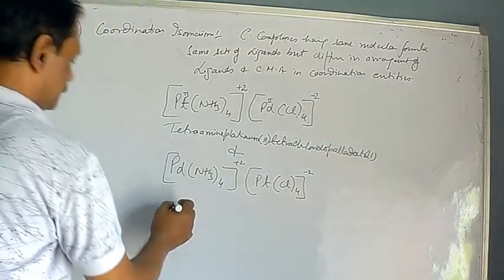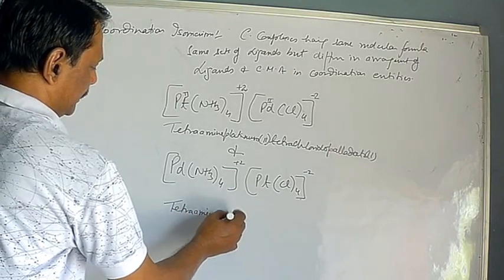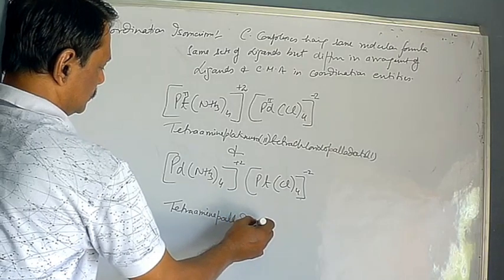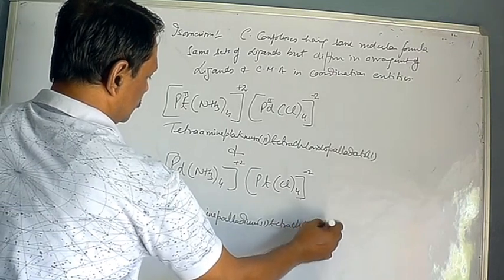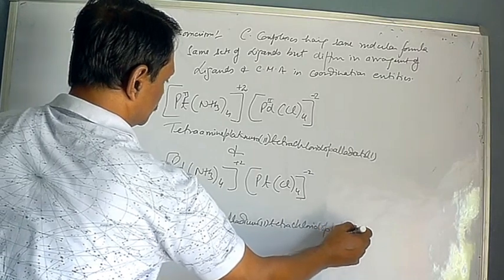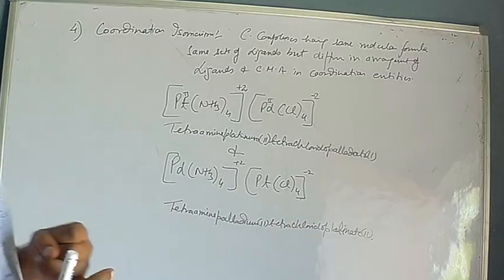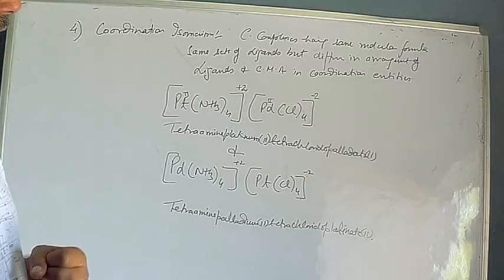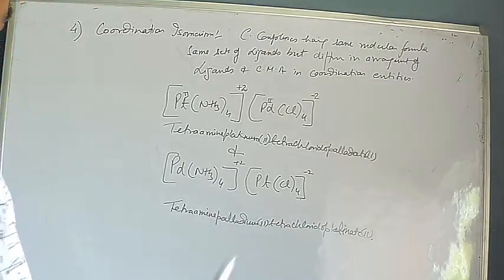Similarly, class, here the name is tetraamminepalladium(II), tetrachloridoplatinate(II). So class, in this way the nomenclature can also be done. We have taken all four structural isomerisms. The first one was ionization isomerism, second hydrate isomerism, third linkage isomerism, and this was the fourth, coordination isomerism. Now we'll move to the